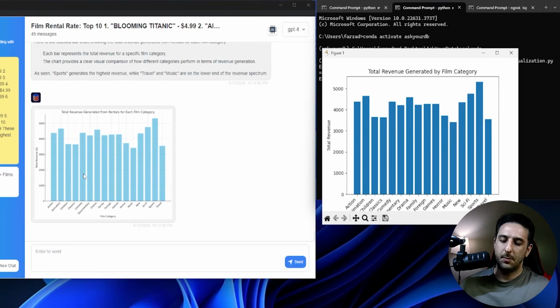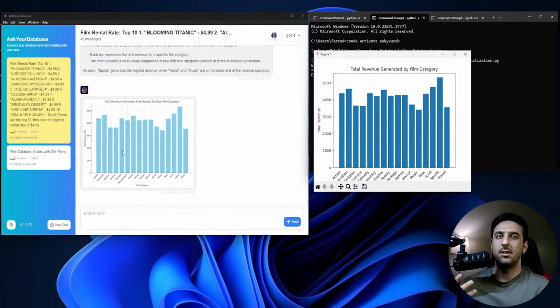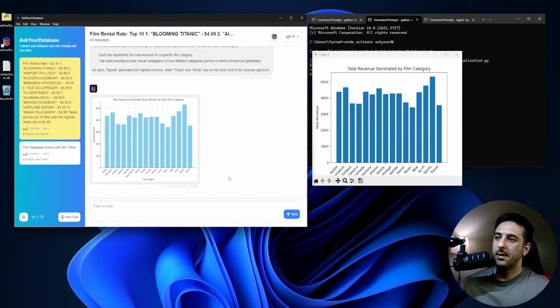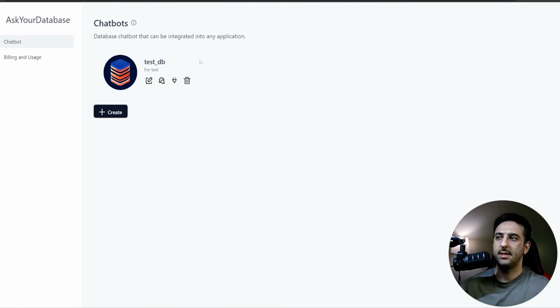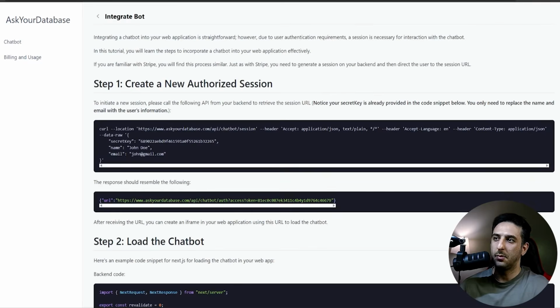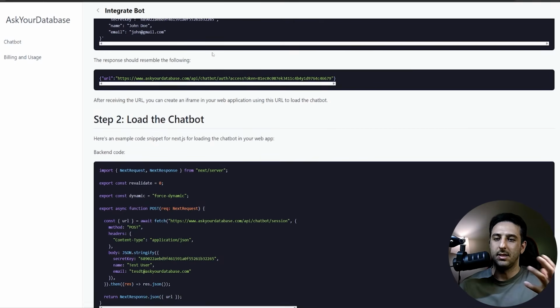So in the next step, I want to show you how to integrate the chatbot that we created on the website into an application. So in case I go to the website, this is the chatbot that we created together. If I go here, you will see that it says integrate chatbot. And if you click on it, you will see all the steps necessary in order to integrate that chatbot to